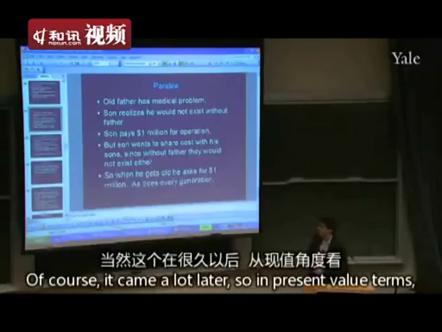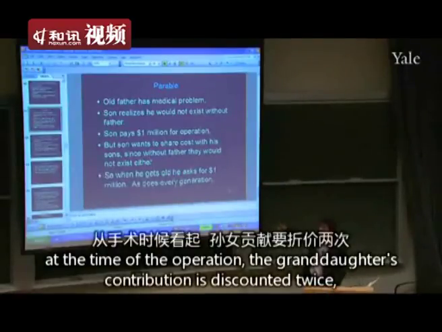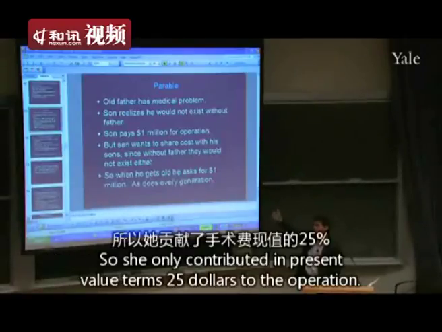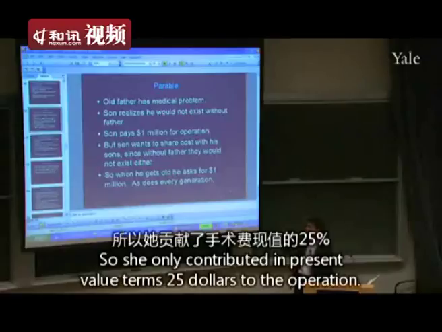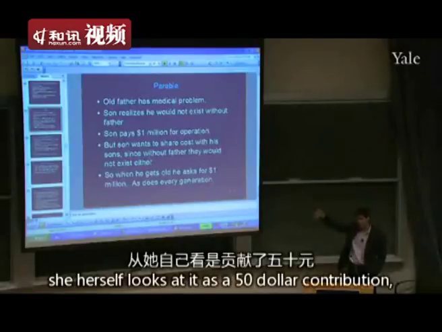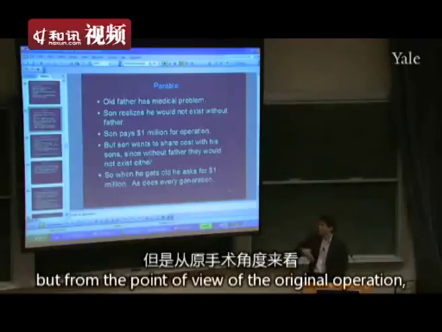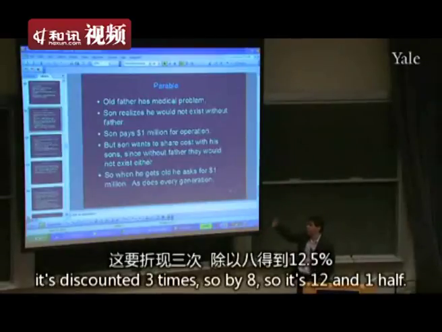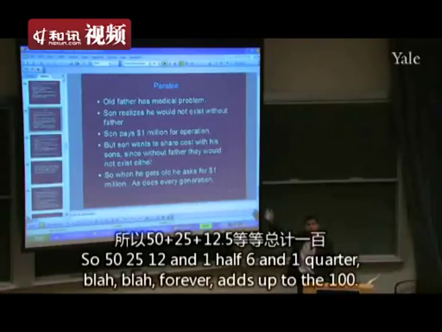So in present value terms, at the time of the operation, the granddaughter's contribution is discounted twice. So it's a half of a half. So she only contributed, in present value terms, $25 to the operation. And then the great-granddaughter, she herself looks at it as a $50 contribution, but from the point of view of the original operation, it's discounted 3 times, so by 8, so it's 12 and a half. So 50 plus 25 plus 12 and a half plus 6 1/4, and so on, forever, adds up to the